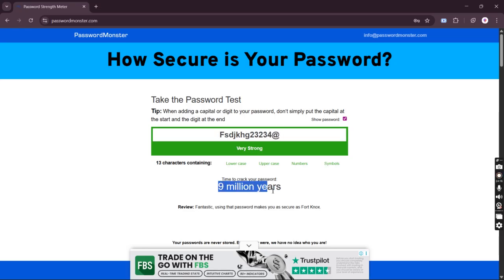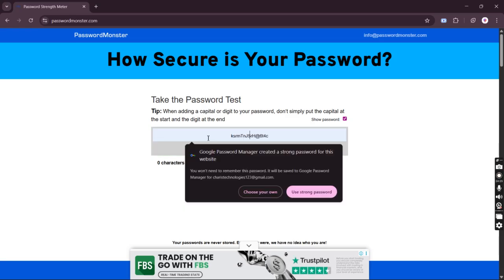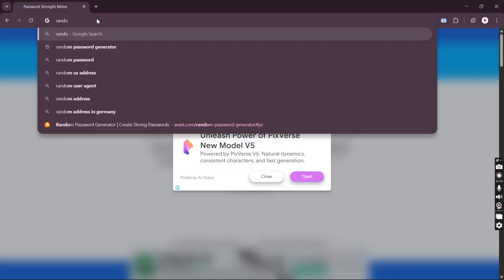It takes 9 million years to hack, even for the world's fastest computer, right? So you should use strong passwords. You can test your password with this to see whether it is easy to hack. And you can use tools like a random password generator to create